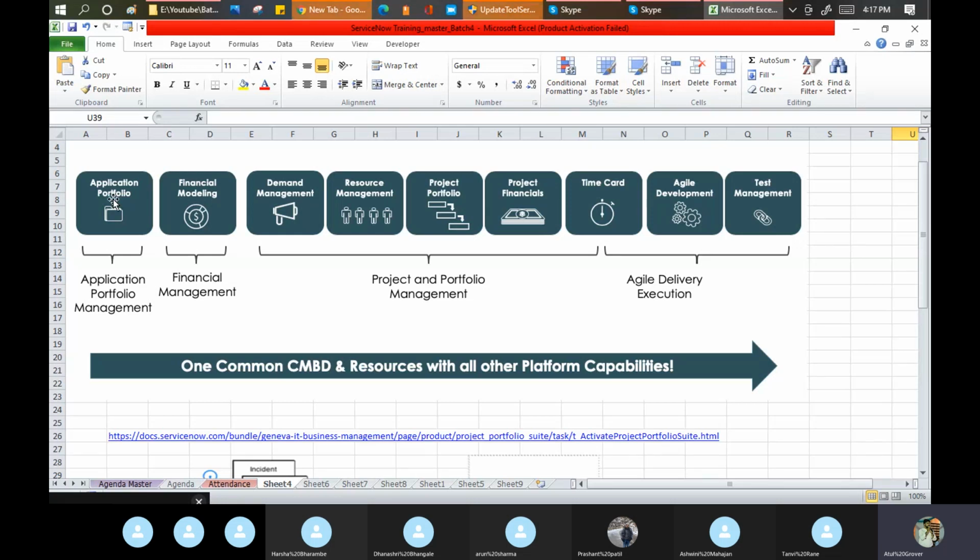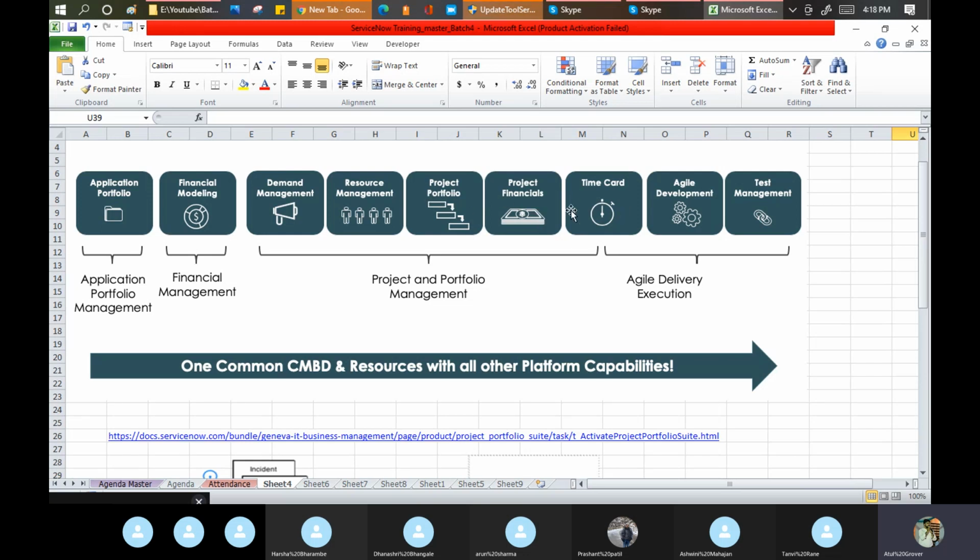I am a good motivator, I am a good trainer, I am a good business analyst. So these are my portfolio. To manage my finance, I have financial management in place. These things 1, 2, 3, 4, and 5 come under the module called PPM, Project and Portfolio Management, where you will evaluate and maintain your demands. You will see how many resources you need, how I will run my project, and you will see the project financials as well.